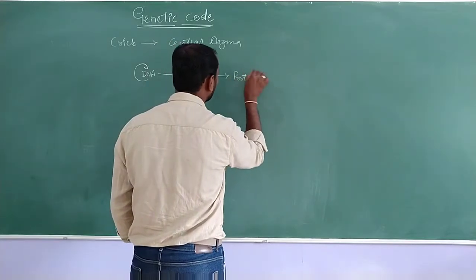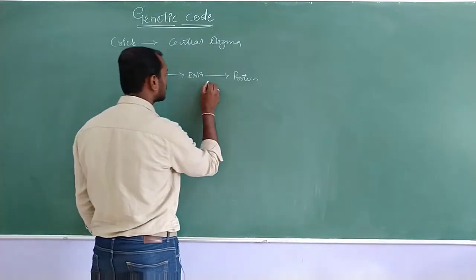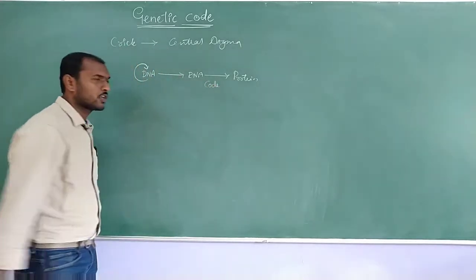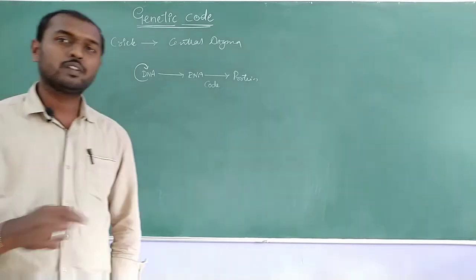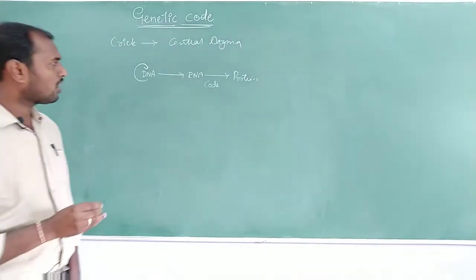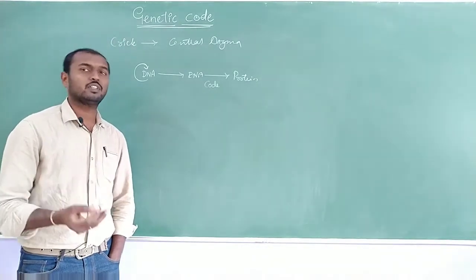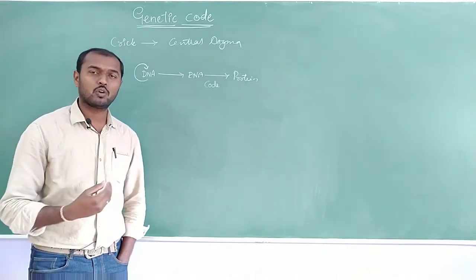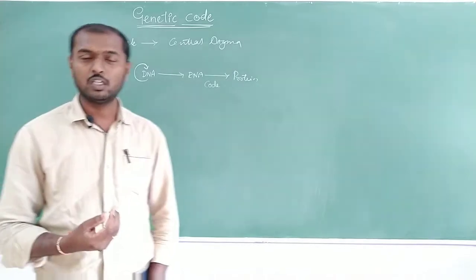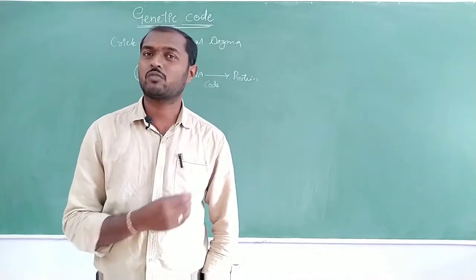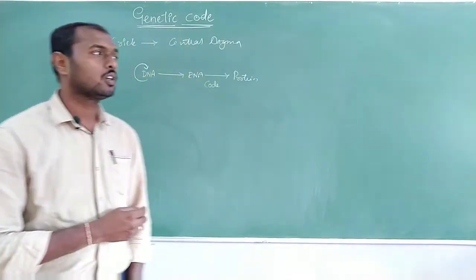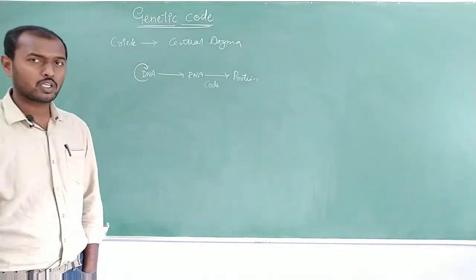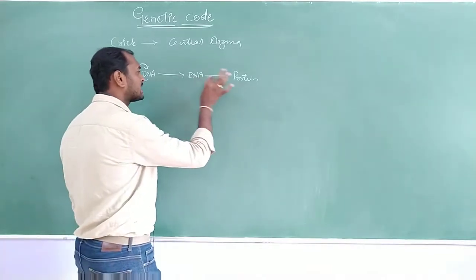protein. Okay, so here what we are using the word that is coding, okay, or code, okay, genetic code. So ee code andre enu, this code how it is going to be transferred in the form of the protein, that is the coded information hege protein agi convert agtada adar bagge now study ಮಾಡಬೇಕಾದ್ರೆ first we have to know about this genetic code.